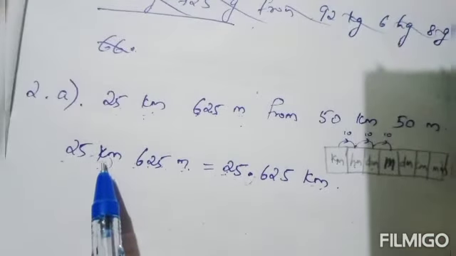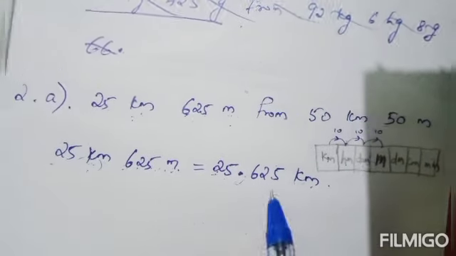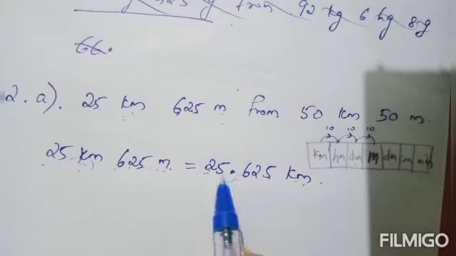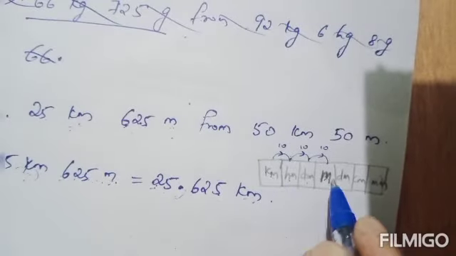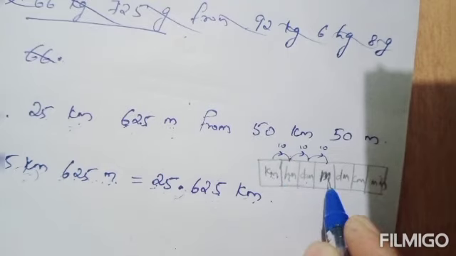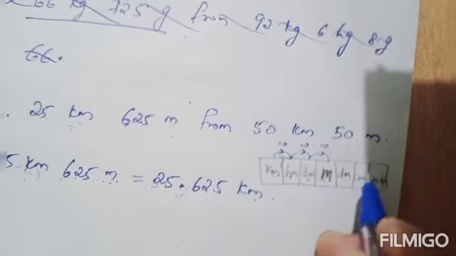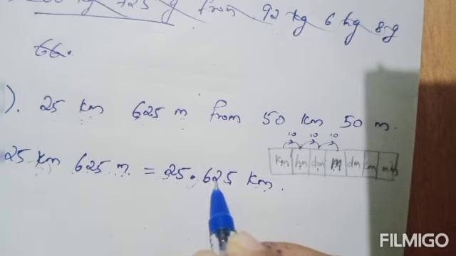And one more thing, if the question is given in kilometer and meter and you have to convert to decimal notation, it means that the decimal notation should contain 3 digits after decimal point. Okay, that means this first digit, it is hectometer. You know, in between kilometer and meter, hectometer is coming, decameter is coming, then meter. Okay, so 625 means 6 hectometer, 2 decameter and 5 meter it is.